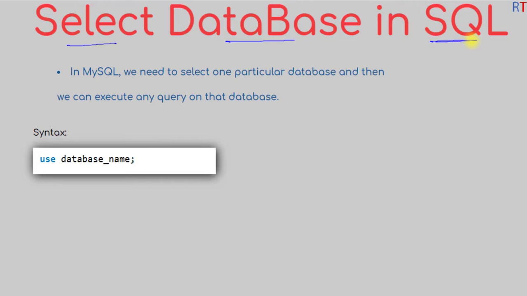structured query language. In MySQL we need to select one particular database and then we can execute any query on that database. And the syntax is, first of all we have to write the use keyword followed by the name of the database, and this way we can select that particular database and we can execute different queries on